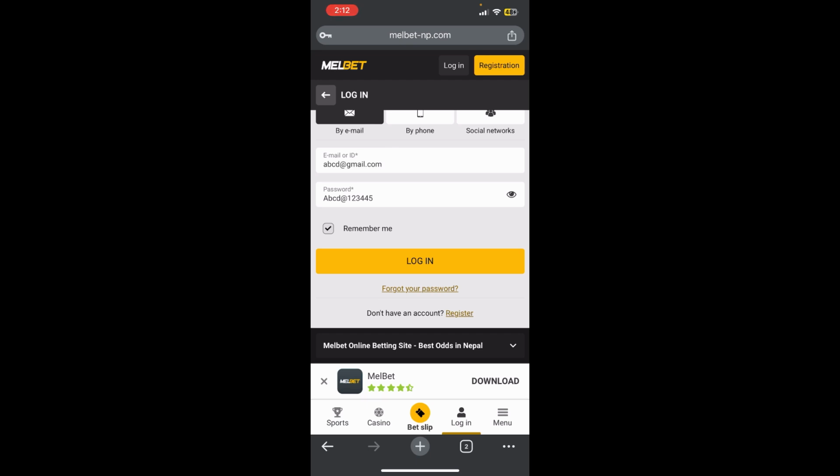So basically this is how you can log into Melbet,